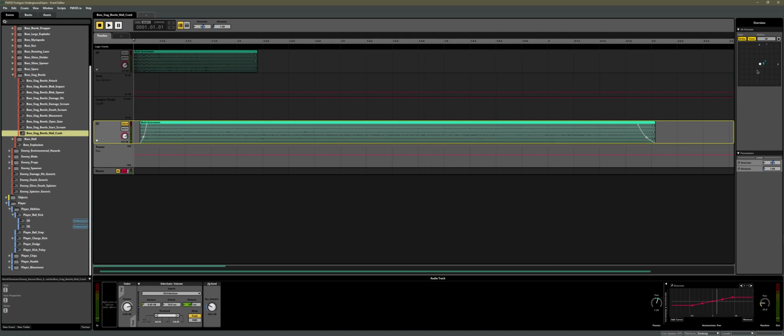So I actually decided to use a little automation on the panner, which is actually being automated by the direction that the sound is coming from, so that the 2D part is being panned a little bit depending on if the impact is happening on the left or the right of the player. And if I play this all together,